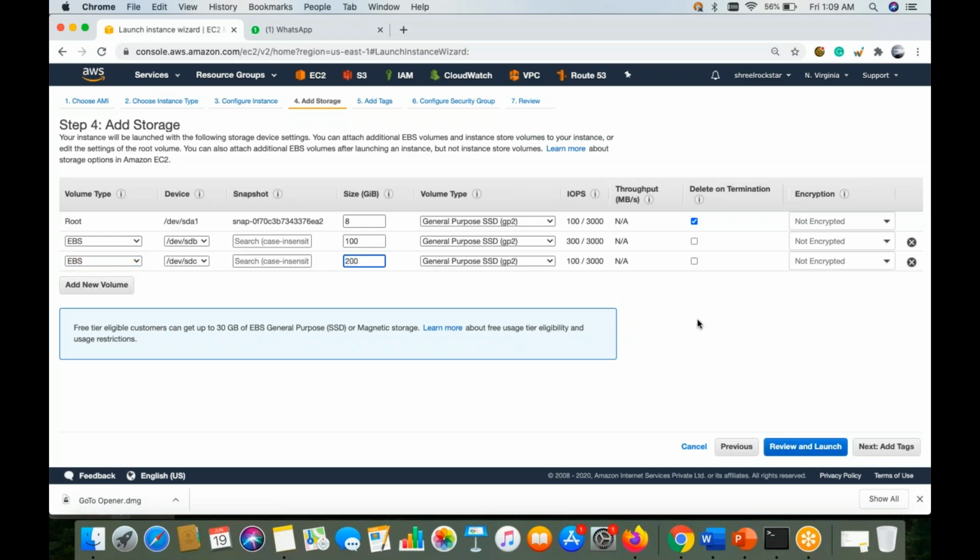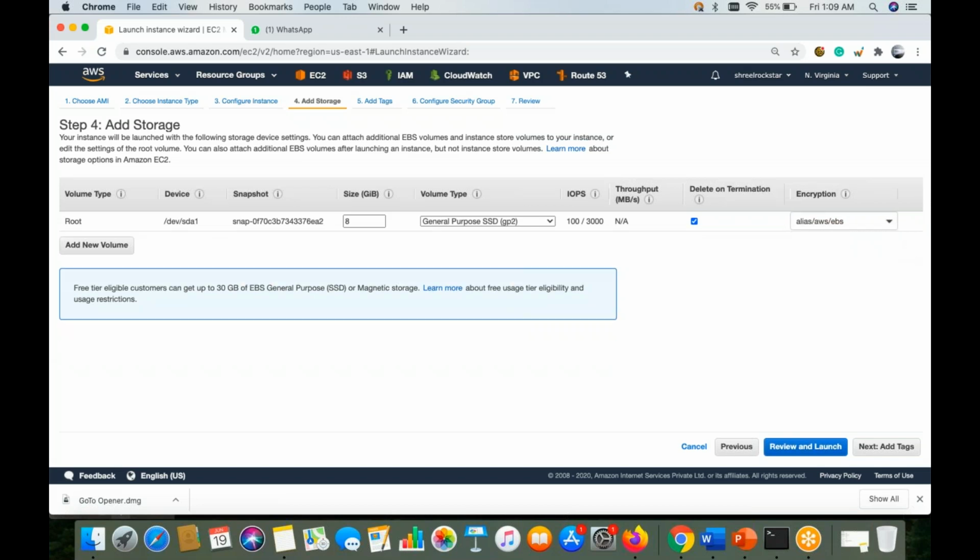After that, you have another option available. You can encrypt and decrypt your data inside that. Generally, you can encrypt the data so that if anyone is able to access your hard drive or your instance, it is in a totally encrypted format, so hacking chances will be less. You have good options available. We always prefer this for real-time customers.